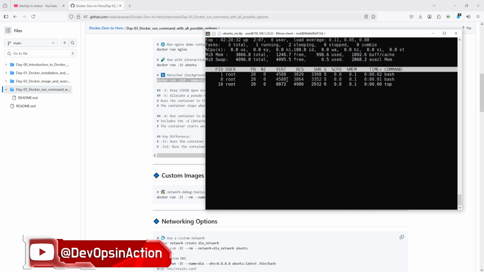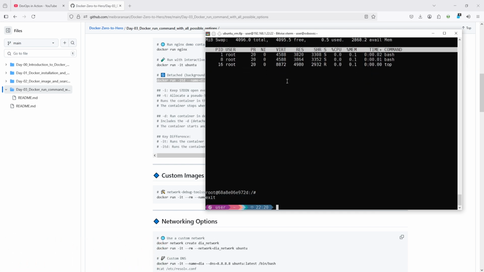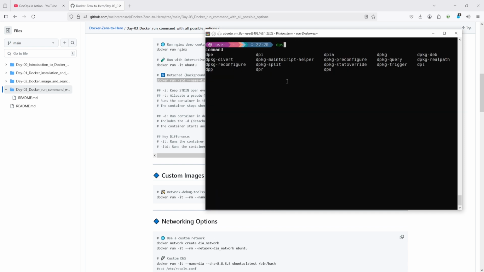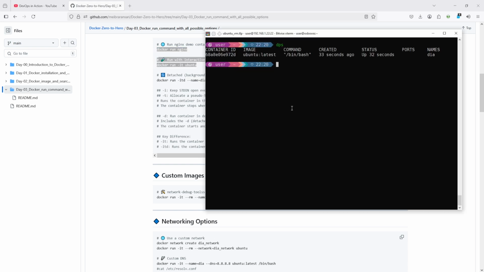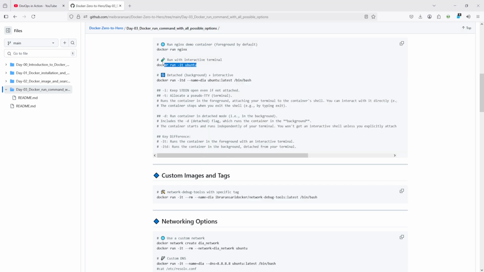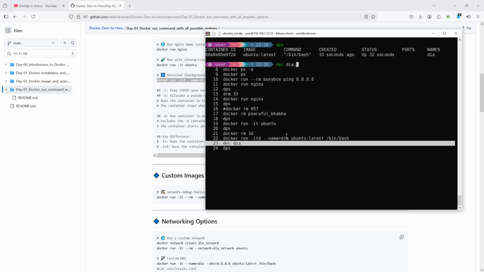Again, it's the same thing, container. Okay, and after exiting, its container is running, but in the above two, once you exit from the container, this container will be stopped, but in the background one, when you exit the container, it will not stop,